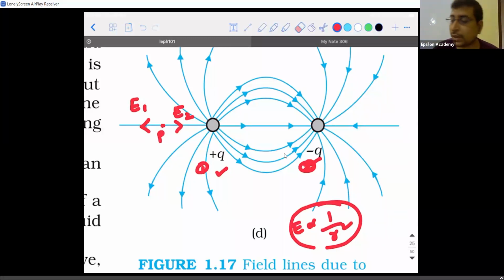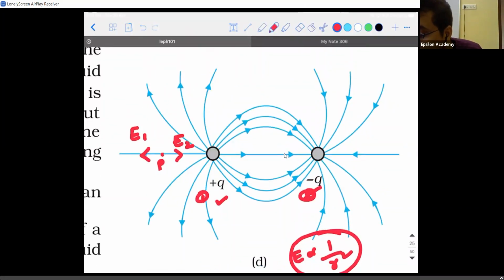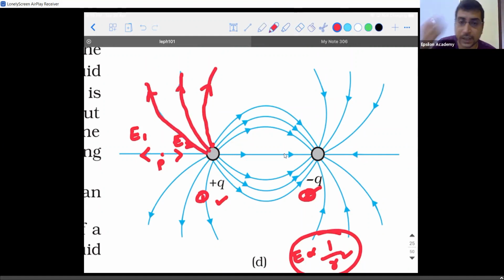I hope you're able to understand this, guys. So this is what is going to happen. You will have a curve-like structure. You will have a structure like this. I hope this makes sense, right? Whereas when you take from the positive to the negative charge, the electric field lines start from the positive charge and they end at the negative charge, very much similar to your magnetic field lines. They start from the North Pole and end at the South Pole. North Pole is similar to positive charge, South Pole is similar to negative charge. The only difference here is magnetic field lines form a closed loop. What do I mean by closed loop?